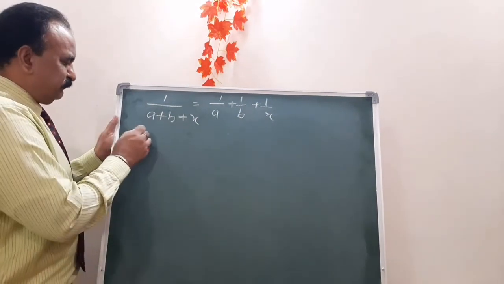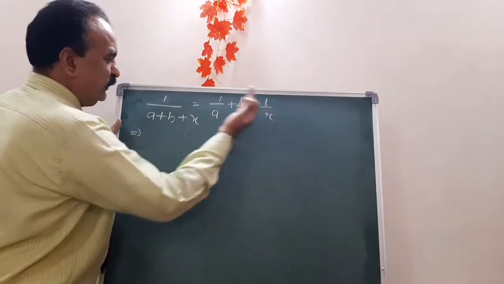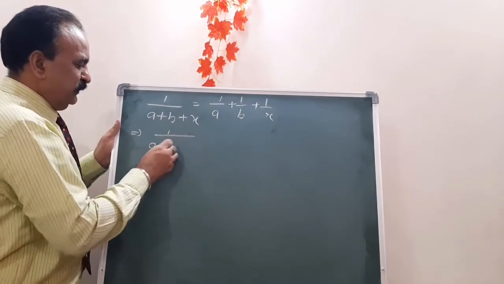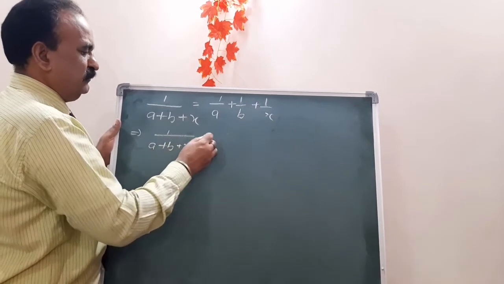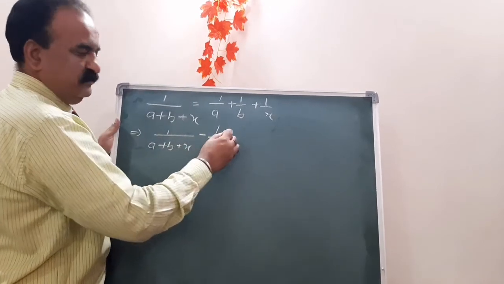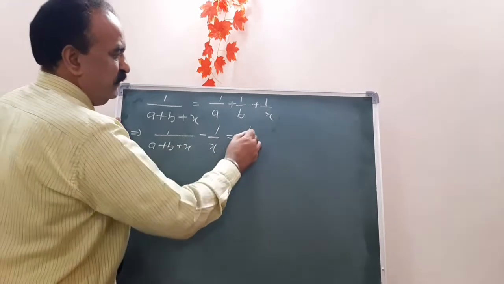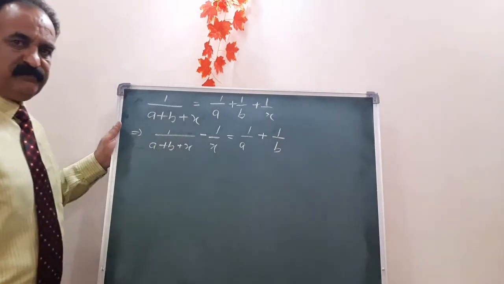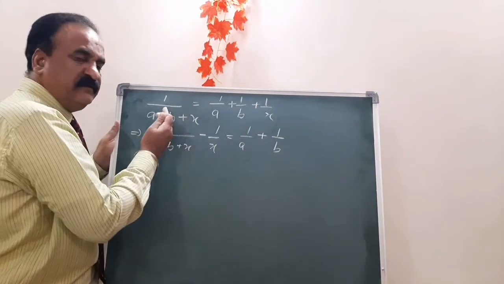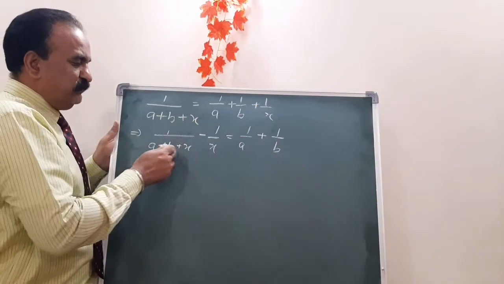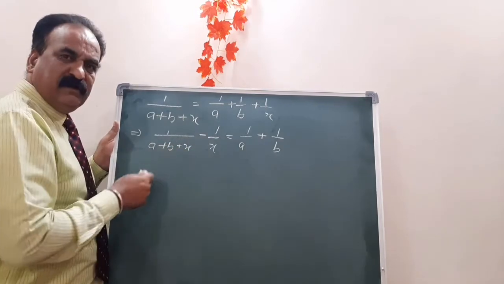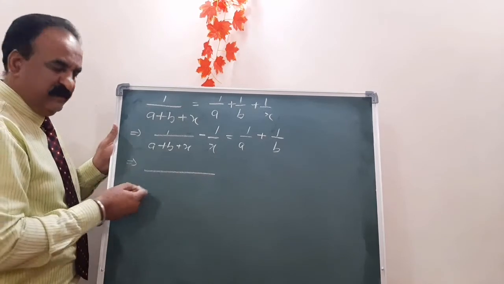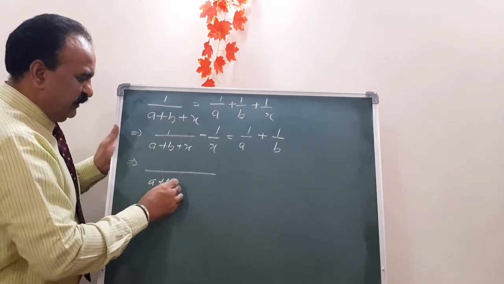What you will do, just transfer 1 upon x on this side. So it will be 1 upon a plus b plus x minus 1 upon x is equal to 1 upon a plus 1 upon b. Transfer 1 upon x on this side, so it becomes 1 upon a plus b plus x minus 1 upon x. Now take the LCM. LCM will be a plus b plus x